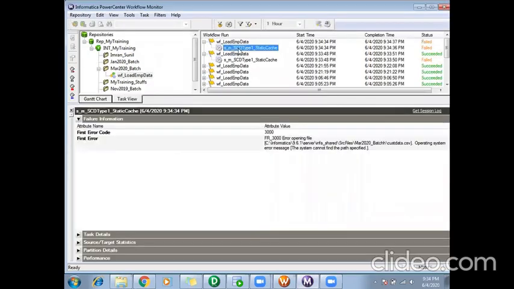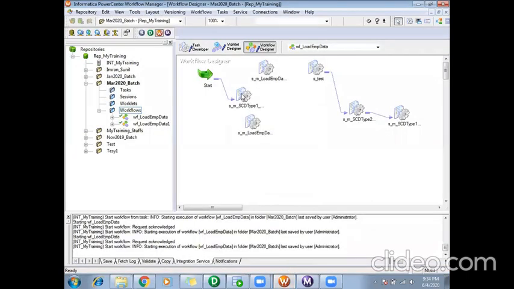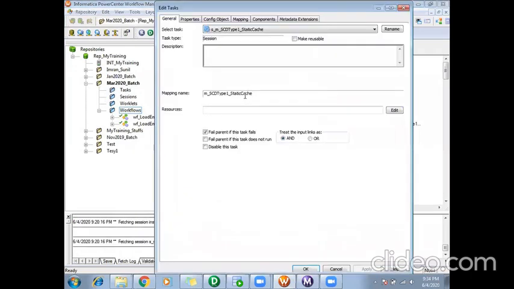see, one of my tasks failed. Since I said fail parent if task fails, my workflow also failed. You will mostly be enabling this property in all the tasks, not only in sessions. There are other tasks also which have this property. When you are very sure that though one of my tasks fails, it doesn't affect my workflow, I can still make my workflow succeeded. If that is your requirement, then you can disable this property.